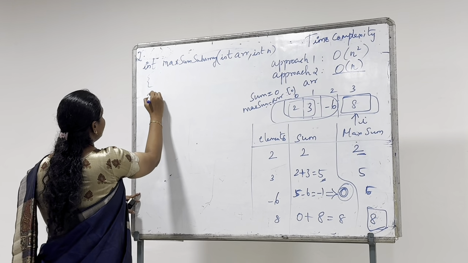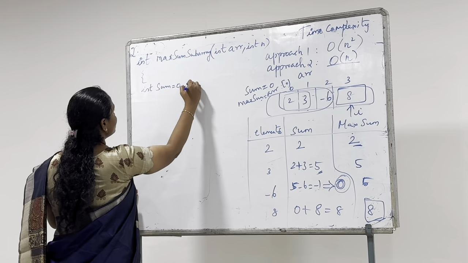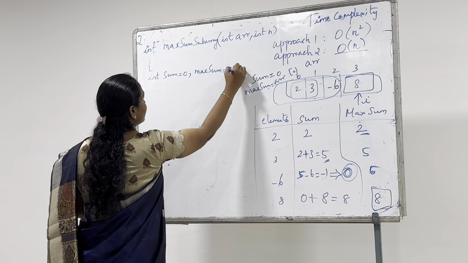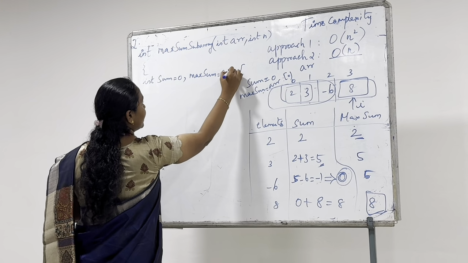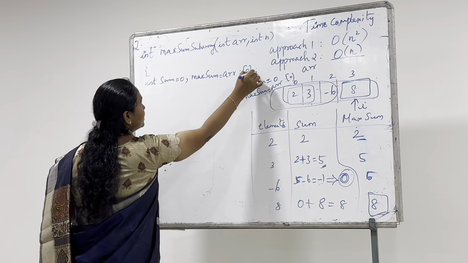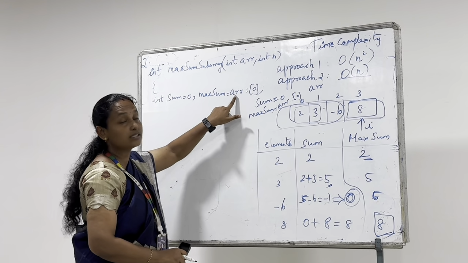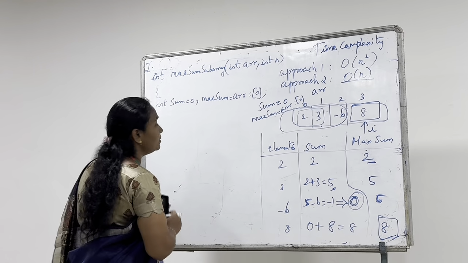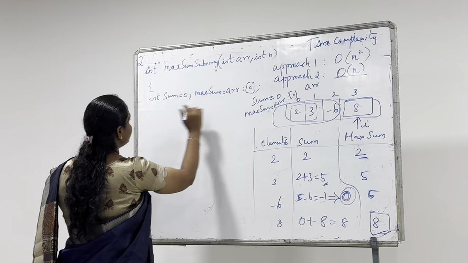So in this we need to declare what is sum and also the maximum sum. The maximum sum is ARR of 0, where the array name is ARR. Previously I wrote that as nums, I think, so change that to ARR of 0 in the first approach as well. So sum is equal to 0, maximum is array of 0,